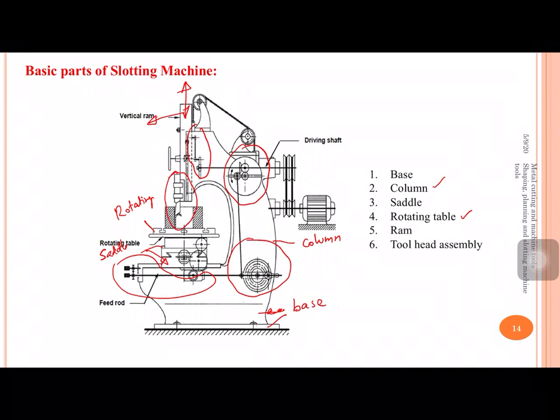So the point you need to understand is there are three different machine tools which come under the category of reciprocating type, non-automatic general purpose machine tools. They are the shaping machine, planing machine, and slotting machine. But there are some minute differences between these machine tools. That is what you need to understand. That is what we highlighted in this particular video.